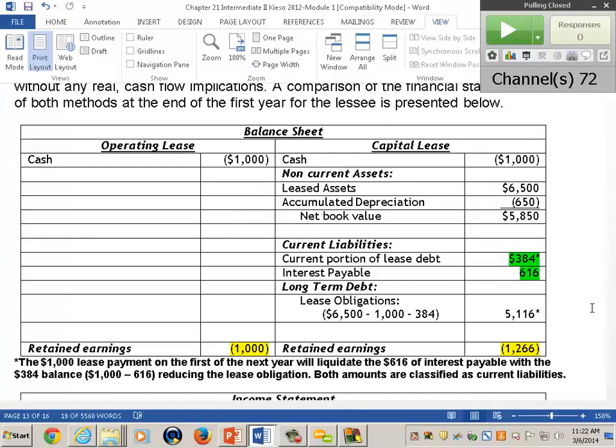So when I pay, the $1,000 goes against the principal plus the interest. And when we build larger amortization tables, you'll see this over and over again. So this is a fundamental principle that you have to keep in mind, that every payment gets split between principal and interest. And then, of course, the long-term obligation is 65 minus the 1,000, and the 384 is a reclassification. You take it out of long-term debt and you call it current.